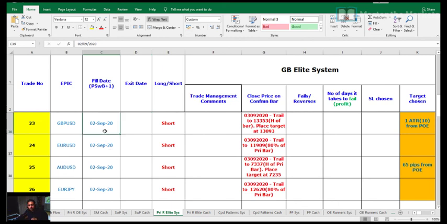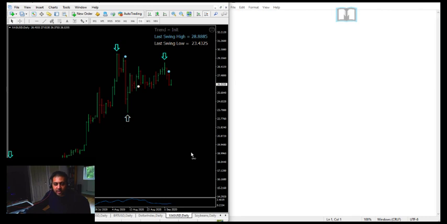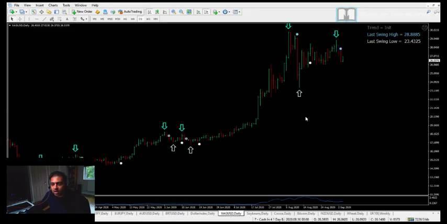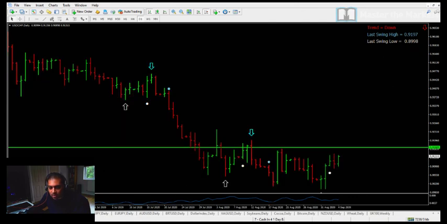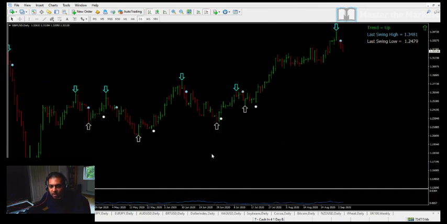So small profit, but many floating trades are still running. You can see most of them are running in our favor as well. We have trailed the stop losses accordingly. So for those of you on the Elite Room, you'll have more information about that as well. Okay, so that's pretty much it. The market is continuing to move with plenty of volatility. We're in a good place at the moment. We're getting good amount of volume kicking through on all the different markets at this time. All moving in our favor at this time. So we're on an overall floating profit for the week so far, which is perfect for us.